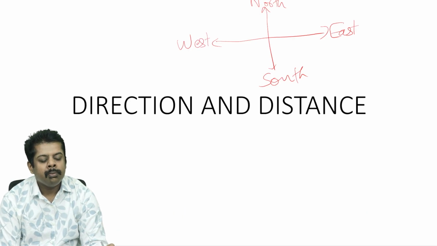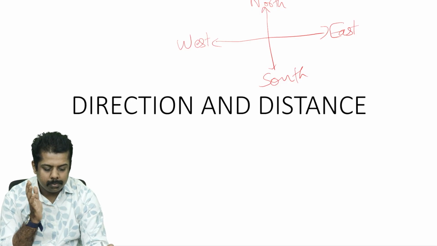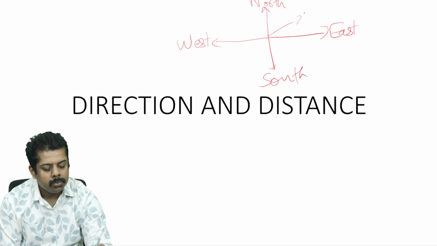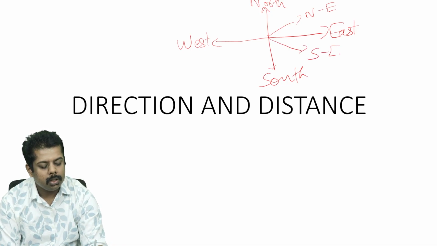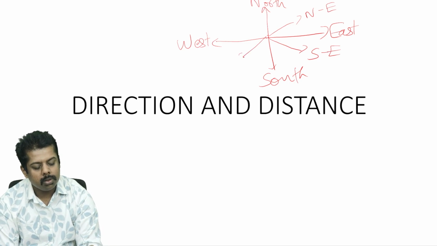The direction between north and east is called northeast. The direction between south and east is called southeast. The direction between south and west is called southwest. And the direction between north and west is called